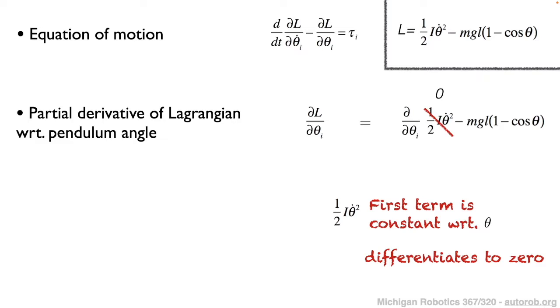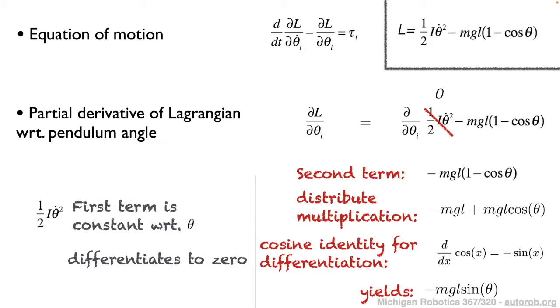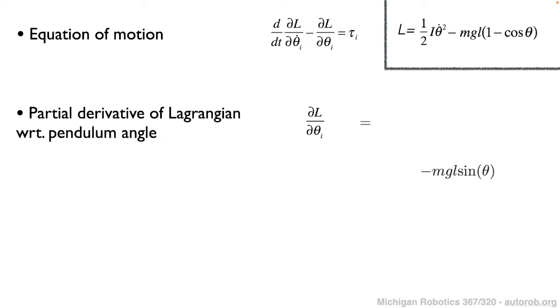And so just to point out, that's because this is inertia multiplied by the angular velocity. So the angle itself is not a variable there. So the next term then, if we look at what is the derivative of the remaining portion, if we step through that, we can use an identity for the derivative of a cosine to ultimately arrive at this value, which is negative mass times gravity times length of the pendulum times sine theta. All right, so that's one component of the equation of motion that we've